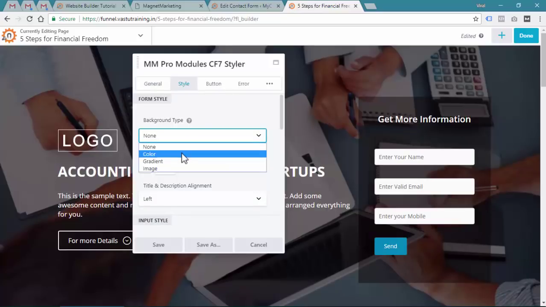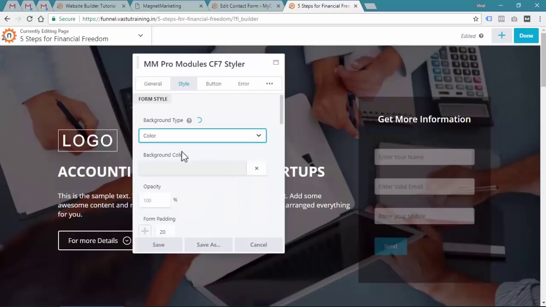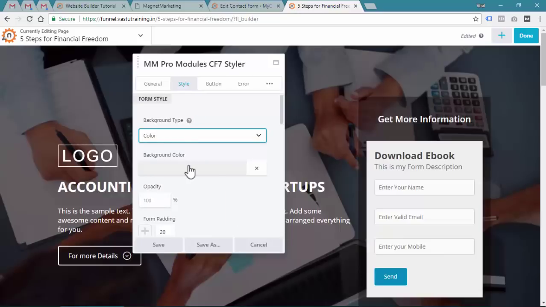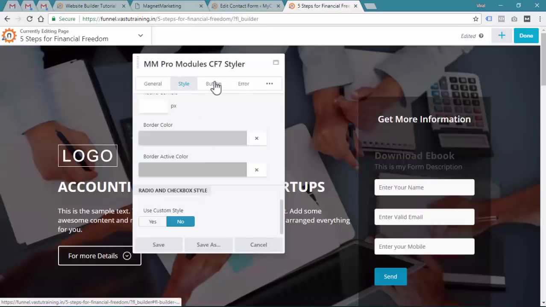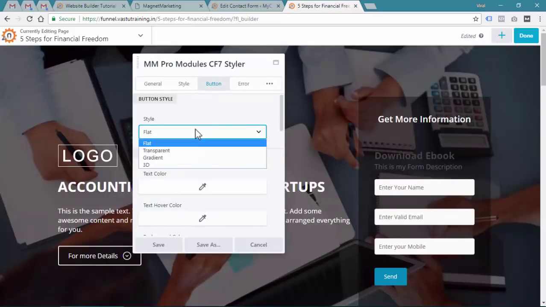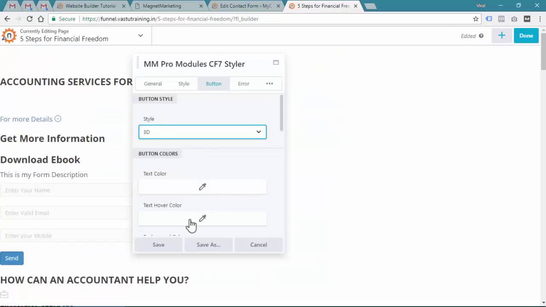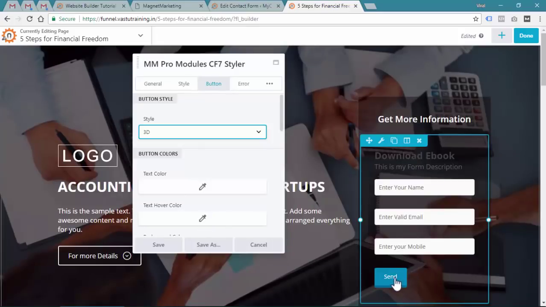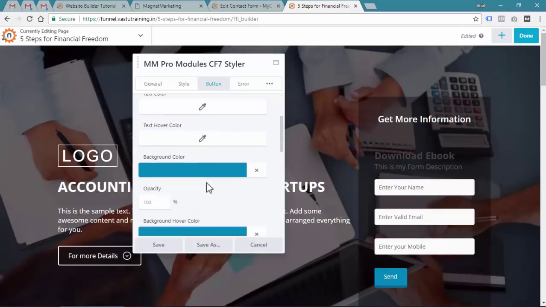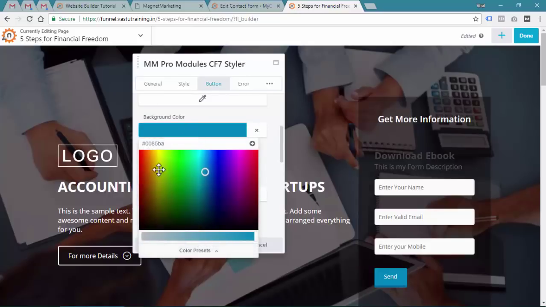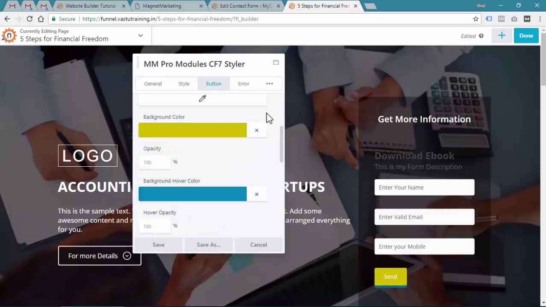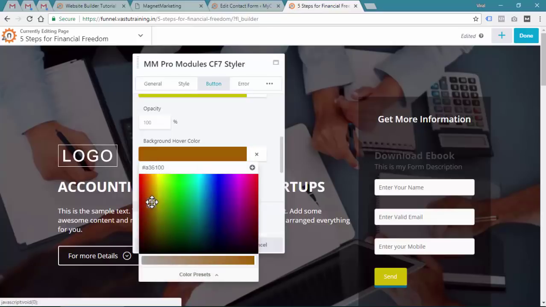So if you want background, you can provide the background color. Let's wait for refresh. Yes, so you can see the background color is there. If you don't want, you can simply click no. Then let's go to button, and button is flat. I recommend using 3D. It's your choice. You can define the text color and the text hover color, that is if someone hovers on this button, what will be the color. And you can also define the background that you want, and if someone hovers,